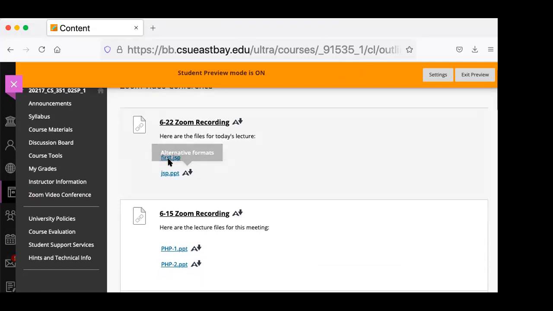I have two files. I have first.jsp, and when you open it, you'll be able to download first.jsp, and then there's jsp.ppt. So these are the two files we're using today. If you want to download those, you'll see the code that I'm going to show you in a moment here. So first.jsp is what I'm looking at right now. If I open up first.jsp,